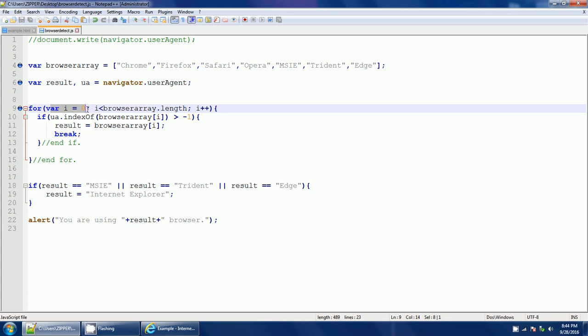For var i equals 0, as long as i is less than browser array length, meaning that as long as it's less than this length, then increment i. So i starts off as 0, which will indicate Chrome. It'll loop and turn into 1, which will indicate Firefox. It'll loop again, and so on and so forth, until it loops through all of these, and then it'll be done looping. And then it asks this if condition: if UA indexOf browser array index,